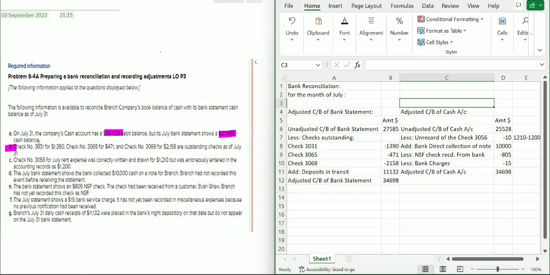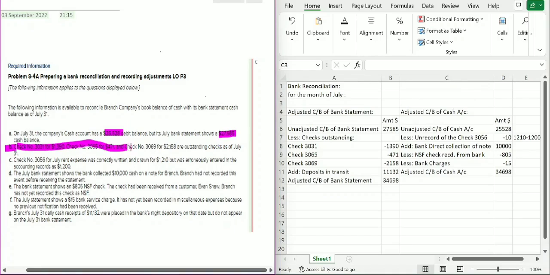Now the other points B, C, D, E, F and G show the issues through which there exists a difference between the bank statement account and the cash book account. Point B says that